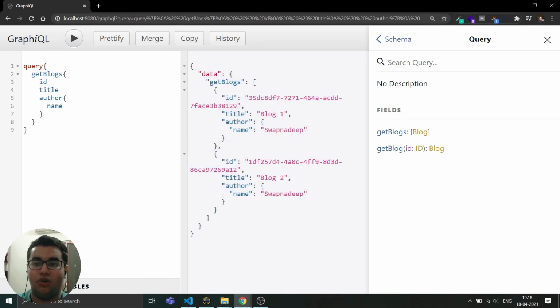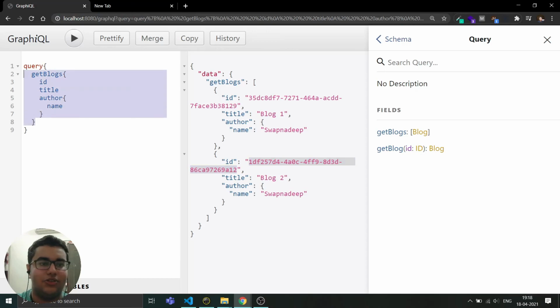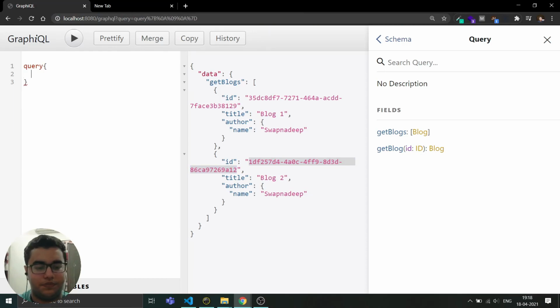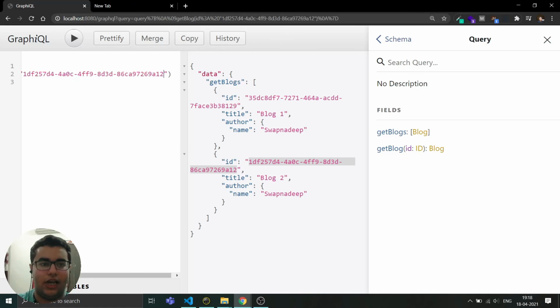In the case of get blog, it will be taking in an ID. So I will be copying this ID for further reference and storing it here. This is not the perfect place to store it, but it will work. So get blog. It is sensitive, but it is not indentation-sensitive. Just like Python, you can indent it anywhere. Just for the sake of beautification, I am indenting it, but it's of no need. So the ID that will be passed from here is coming from here. So ID, then we will be getting something.